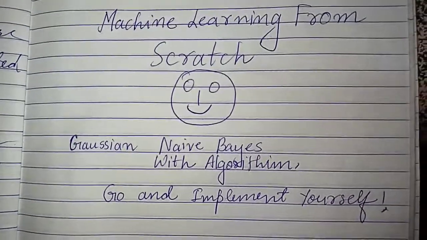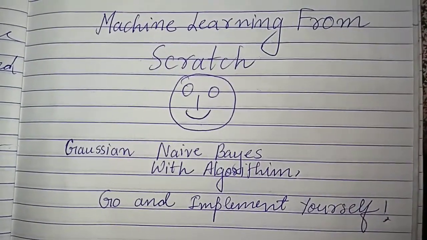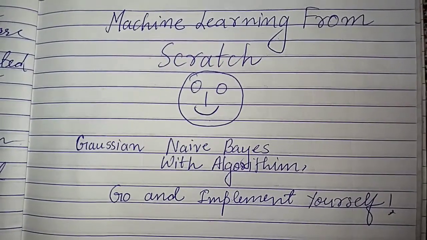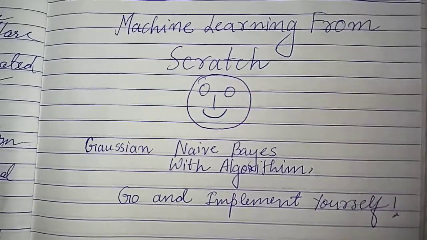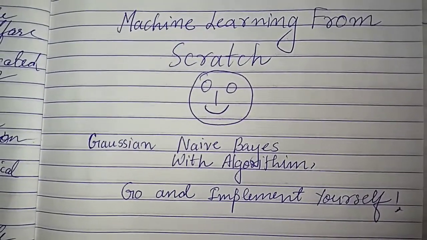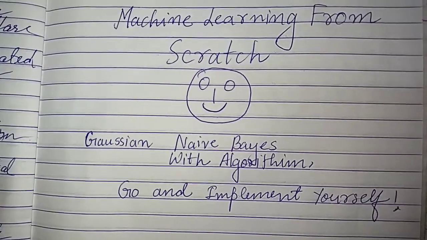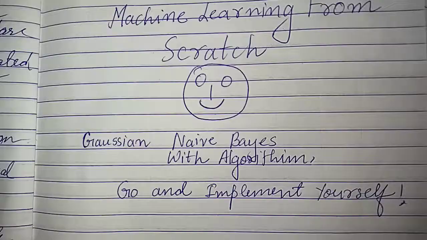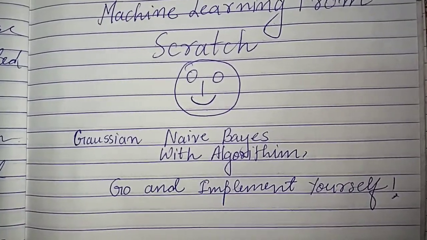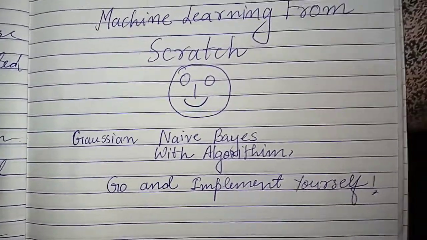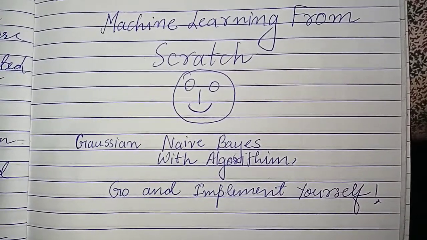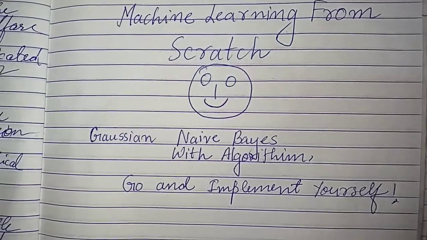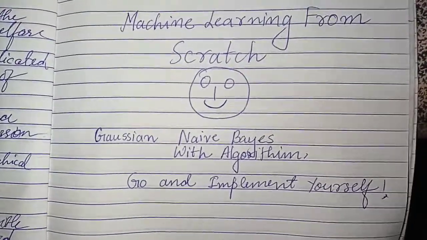So hello friends, today we will be learning about the Gaussian naive Bayes algorithm, and I will be explaining how this algorithm works and how you would be able to implement it from scratch. And apart from the algorithm, I will also be explaining the intuition and the reasoning behind the probabilistic decision theory that is used to develop this algorithm. And these small things, like probabilistic decision theory, are the if and else of machine learning. So moving forward,